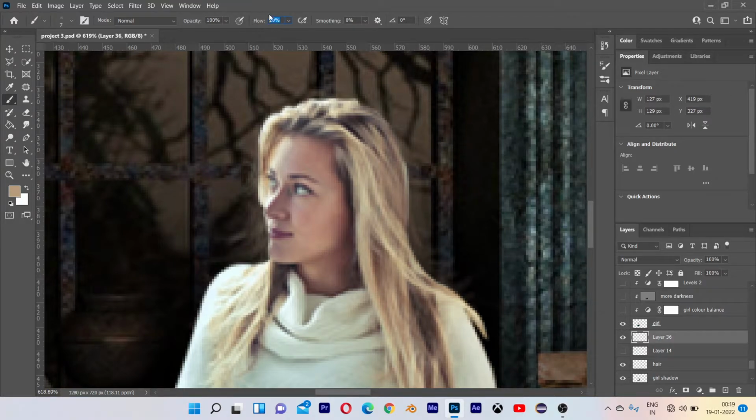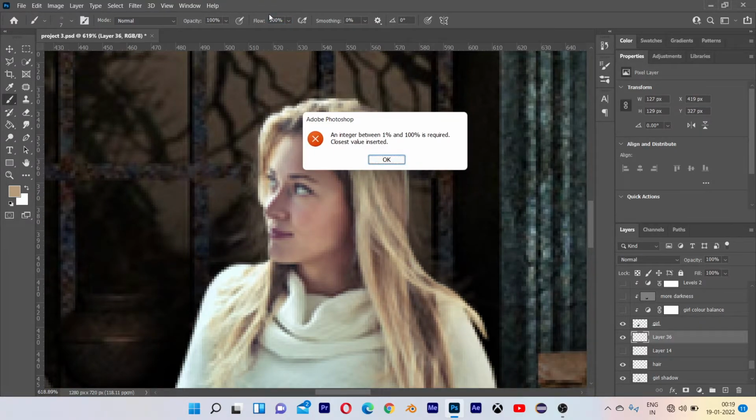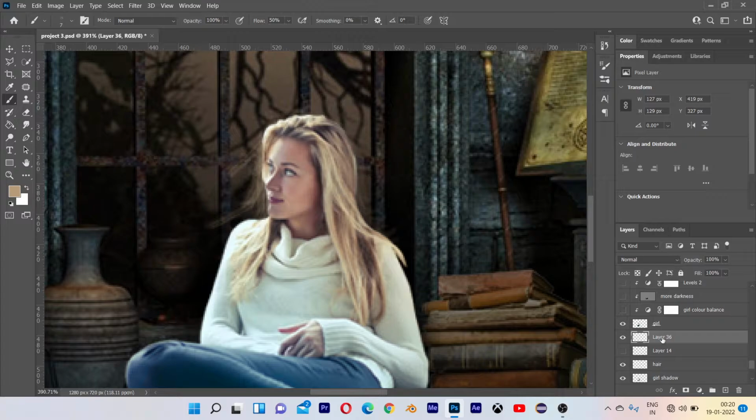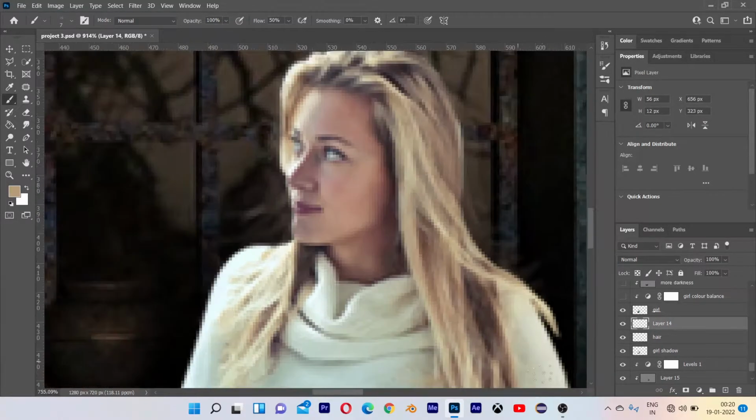Flow about 50%. Something like this. You got the rough idea, and you have to give time to draw the brush perfectly. Okay, this is small here.